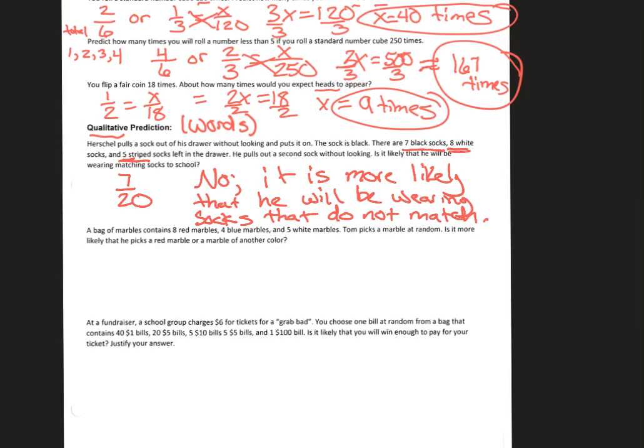The next one says a bag of marbles contains 8 red marbles, 4 blue marbles, and 5 white marbles. Tom picks a marble at random. Is it more likely that he picks a red marble or a marble of another color? So we have 8 red out of the total. If we add them up, 8 plus 4 plus 5 is 17. Or the other color would be 4 and 5, so 9 out of 17. So is it more probable he's going to pick red, or is it more probable he's going to pick the blue or the white? Okay, so red is less, so we're going to say it is more likely